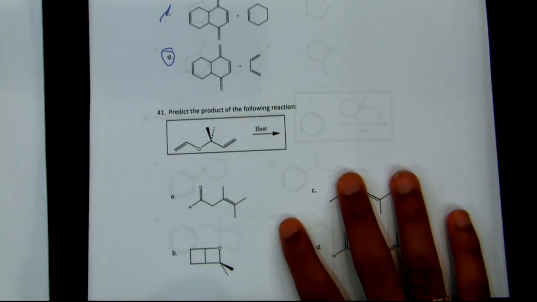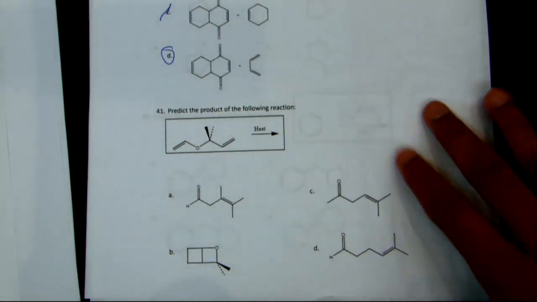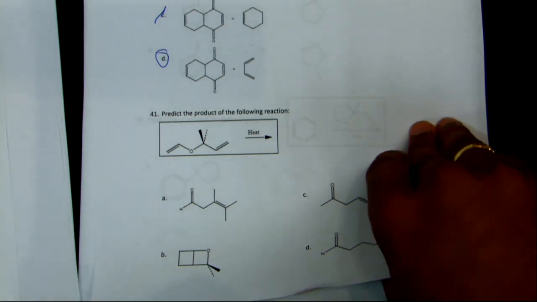Next, 41. Predict the following reaction. This is another one of the cyclization ones. I don't know if you guys did this. But for now, we're going to skip it because I don't think you guys did it, but I'll look after. Yeah, it was one of those weird cyclic ones. I just put an X on it, so I don't know if you guys did. Okay, so